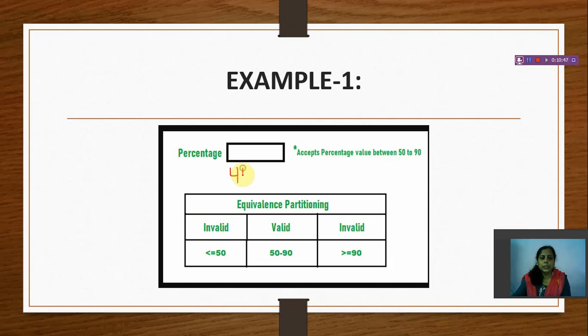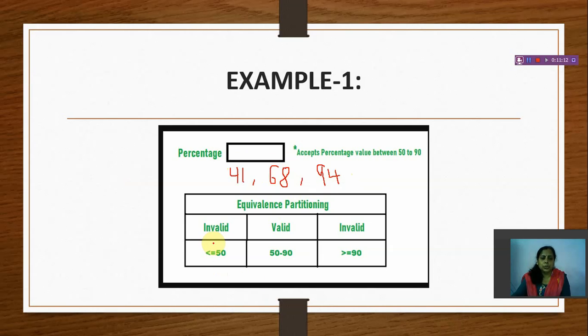So invalid is 41, that is invalid, and we can go for a valid input, that is 68, percentage is 68, and 94, that is also invalid. So we may design the test cases having one valid and two invalid values.